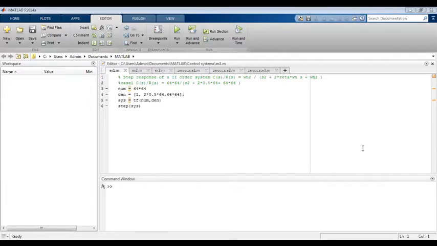Now case 1 also we have put as a comment. In case 1 you are studying a simple basic system, that is omega n square by s square plus 2 zeta omega n s plus omega n square. After substituting the value of omega n, you have to assume omega n is equal to 64 radians per second, that is the undamped natural frequency. All the details are given in the lab manual. After substituting omega n equal to 64, you will get 64 into 64 divided by s square plus 2 zeta. Zeta, you know, is the damping ratio.